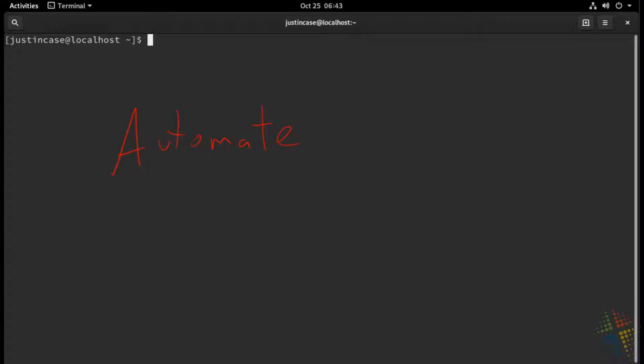Sometimes we want to run one task and sometimes we don't. So we have to put in some sort of what's called logic in there that can help us make these yes-no decisions. And so that's what we're going to talk about today. The very first thing we're going to talk about as far as logic is called an